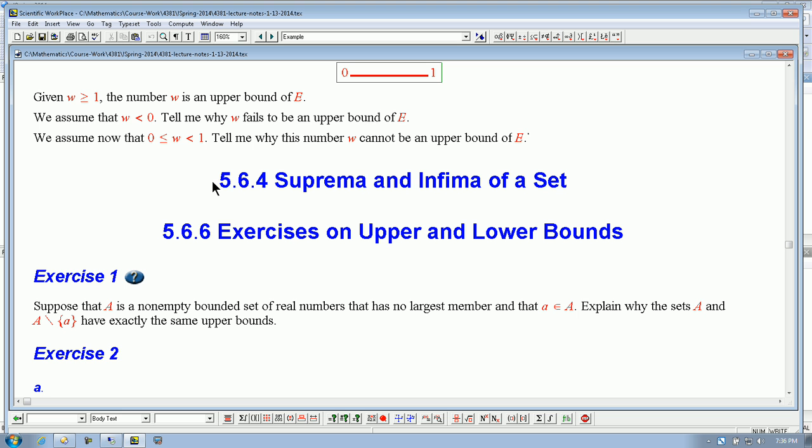Yes. So let's choose that W is like 0.9. You can't do that. You don't know what W is. All you know is that 0 is less than or equal to W less than 1. You can't say, oh, well, I want W to be a half or something like that. You have no control. All I've given you is that 0 is less than or equal to W less than 1. That's all you know.